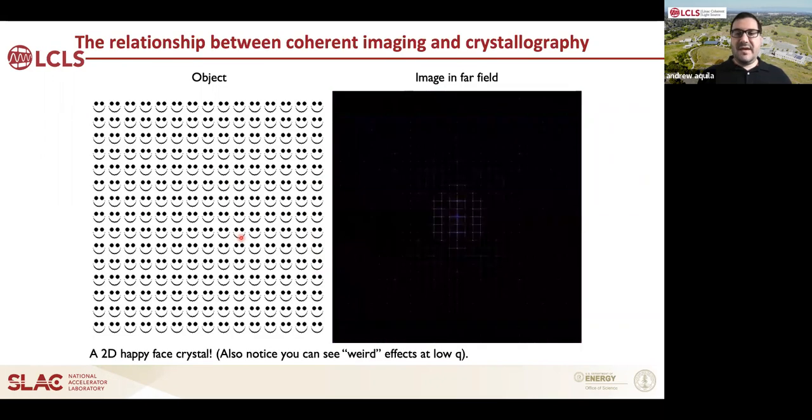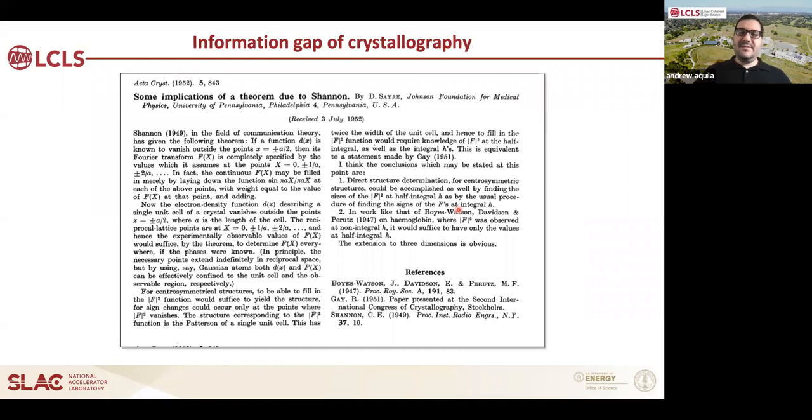We can go to a bigger crystal, and you see only smaller, brighter spots. Probably because of the resolution, you can't see spots out here, but they actually do exist. And you'll see this interesting stuff in between the spots. But these are the Bragg spots, and their intensity relates directly to the intensity of the single object, except it's sampled because of the crystal. And the weird information between these spots is related to the fact that I'm using a finite crystal. I don't have an infinite one, so these spots would go away if it was infinite, or would go really, really weak. But they actually exist, and that's important